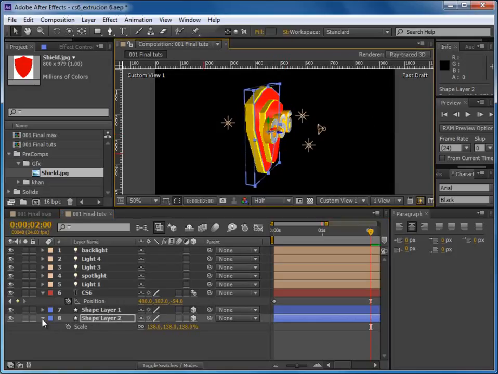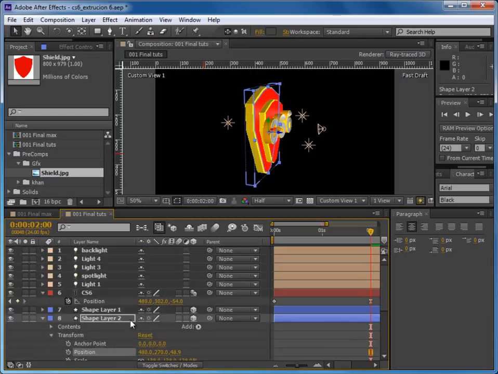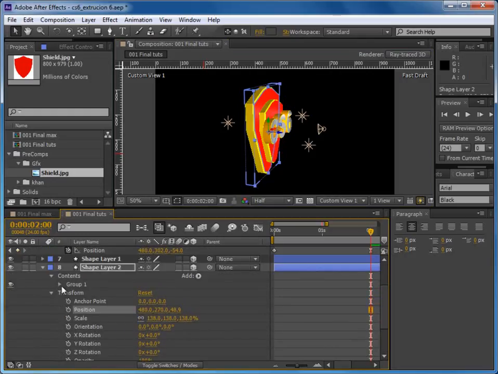And change the colors, okay, no, not here, geometry, sorry, in the contents and group and material options,